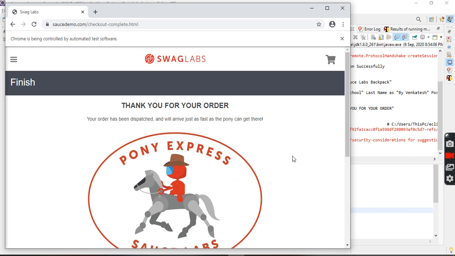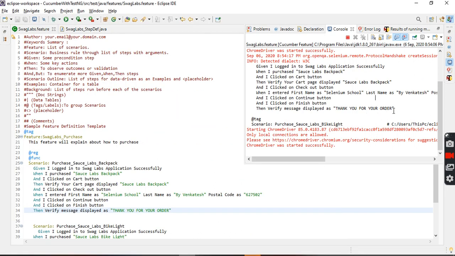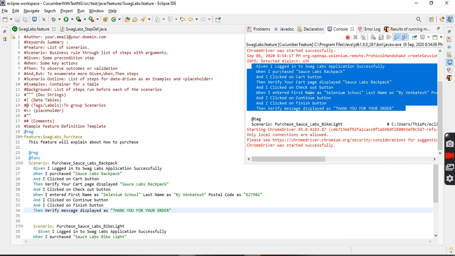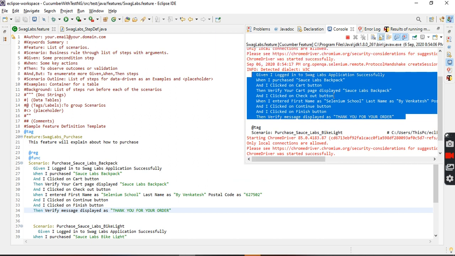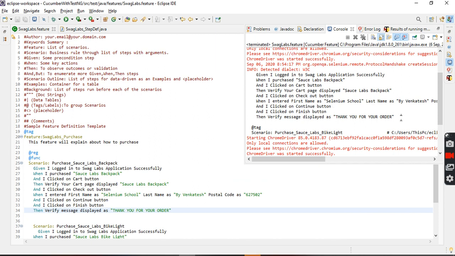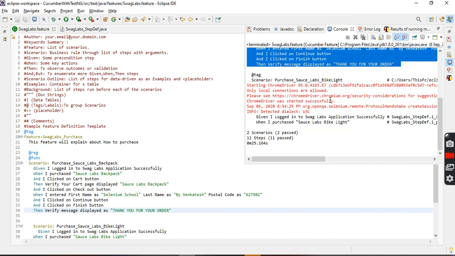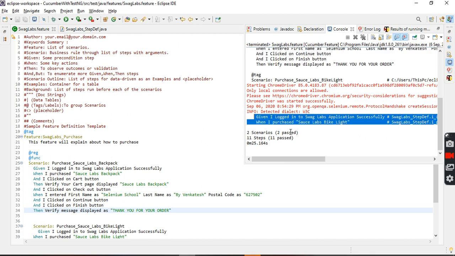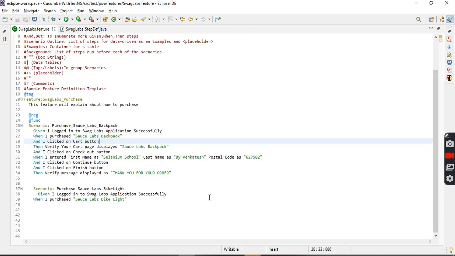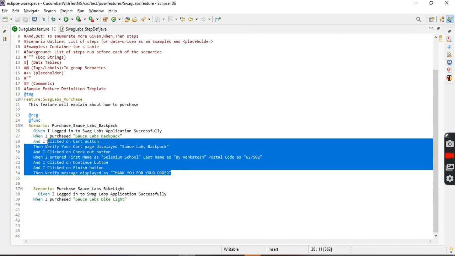See, your first scenario is success right now. Previously it was showing the error, but right now it is not showing any error. Your first is success. You are able to see your Gherkin scenario here. Second scenario also success, 2 passed. Right? So similarly, can we use the same copy paste here?